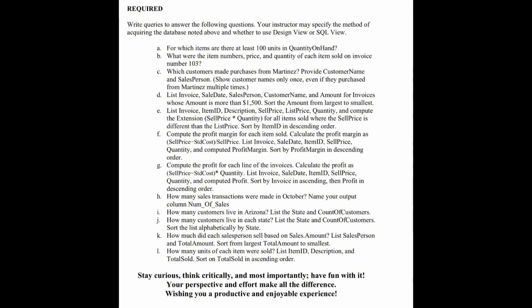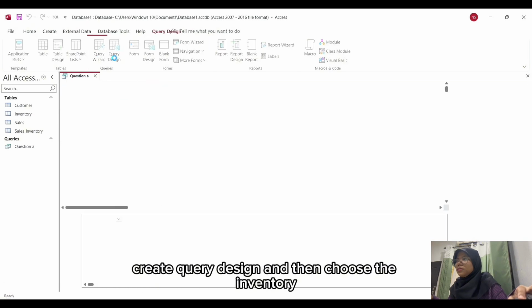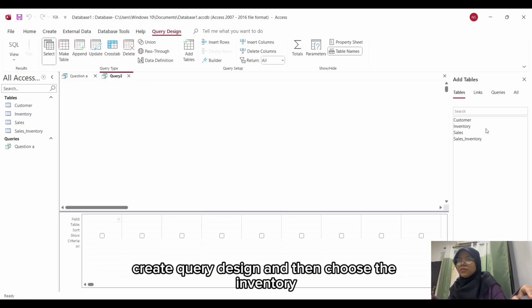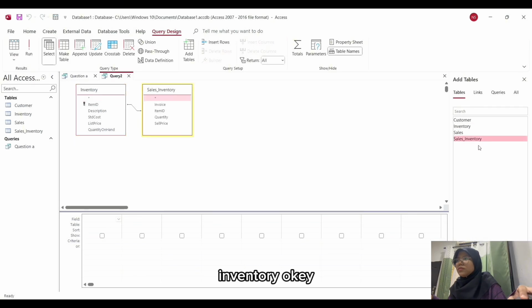Okay, question B. What were the item numbers, price and quantity of each item sold on invoice number 103? Okay, for this question, create Query Design and then choose the Inventory, and then Sales Inventory. Okay, in the Inventory column, click the Item ID,